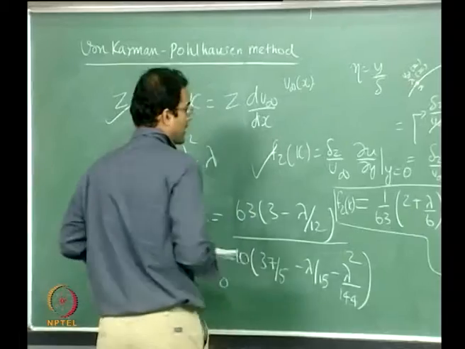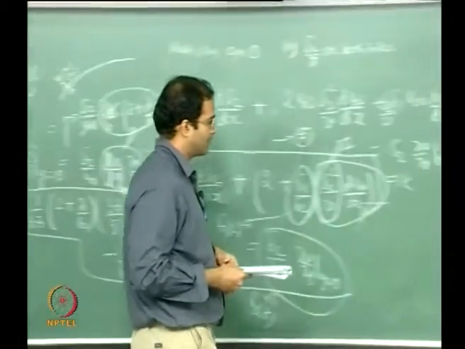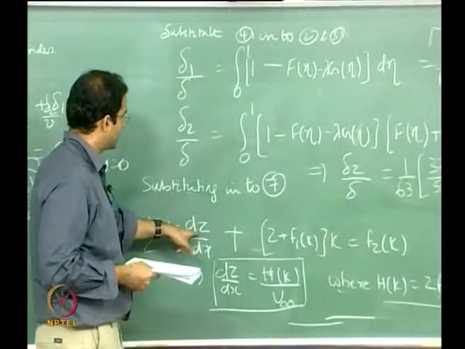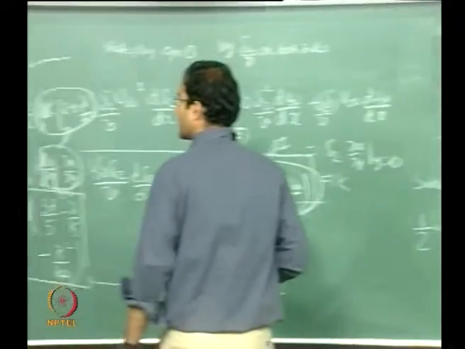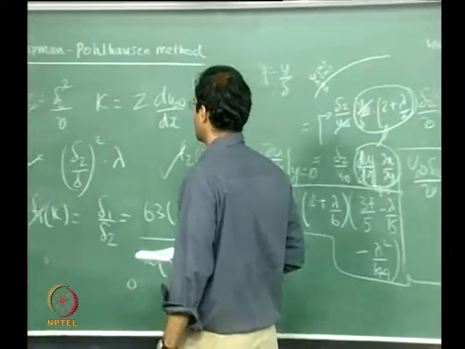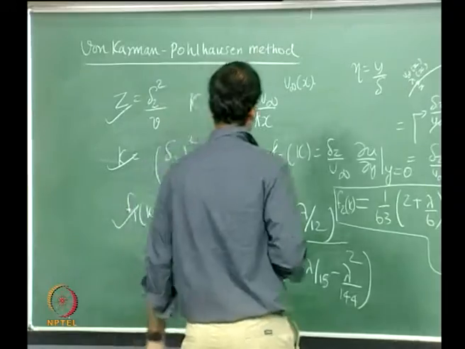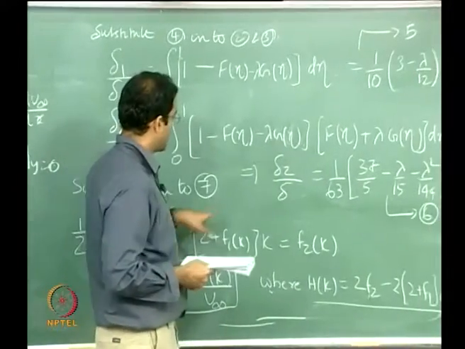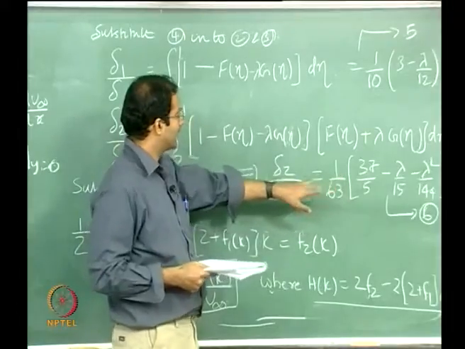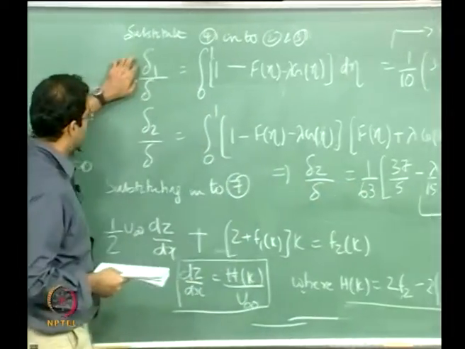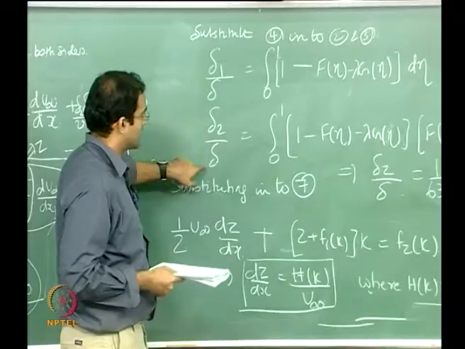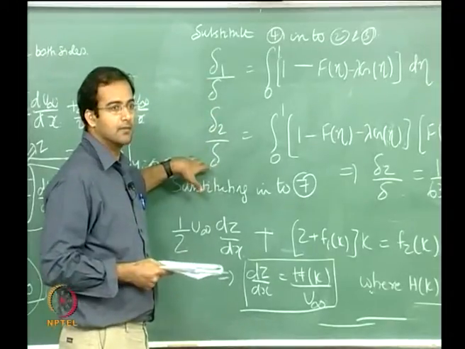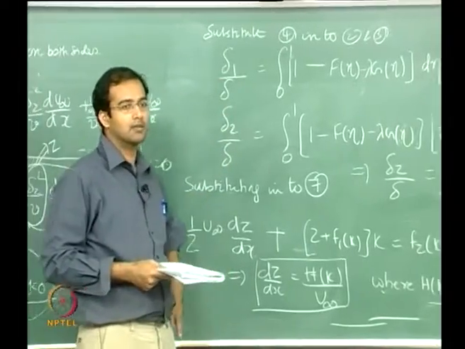You have to solve this ODE for different values of z, and now z can be expressed in terms of lambda. Okay, so for that particular value of z you have to solve for lambda, and then you calculate the other expressions for displacement thickness and the boundary layer thickness. So this is how we have to numerically solve this equation.